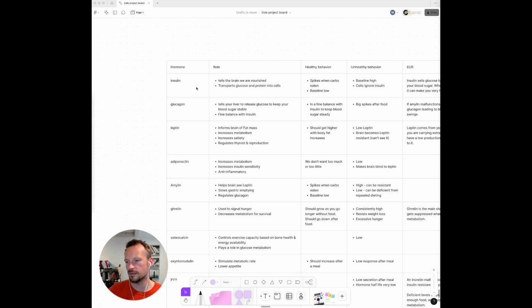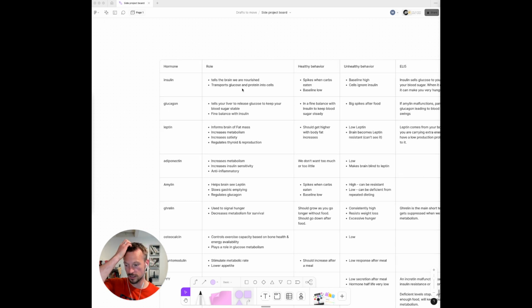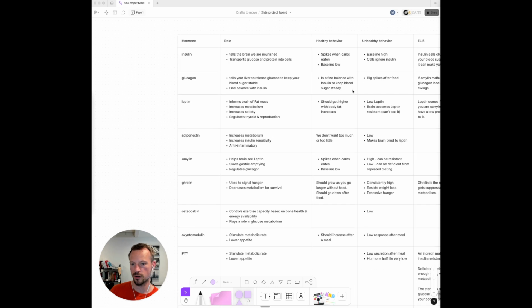So insulin, we're just going to run through them quick. Insulin tells your brain that you're nourished, like you've eaten food, and it helps transport glucose into your cells. When you're in a healthy state, when you eat carbohydrates, you should get a big insulin spike, but typically if you're not eating anything, your baseline insulin should be low. And when it's broken, you either have high baseline insulin. So this is like when you're insulin insensitive or insulin resistant, you just have high insulin. So your cells are basically ignoring your insulin. They're not actually taking the things that insulin is trying to sell into the cells, which is kind of how